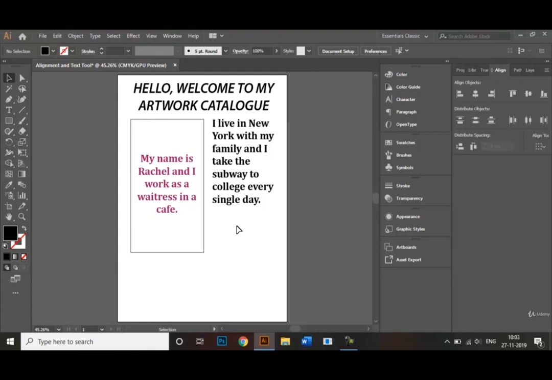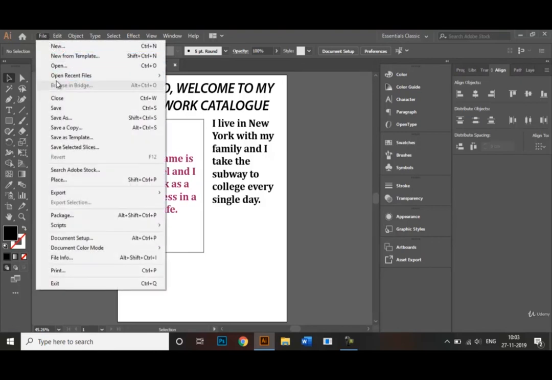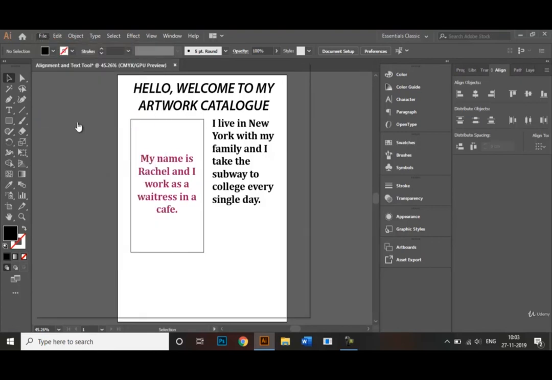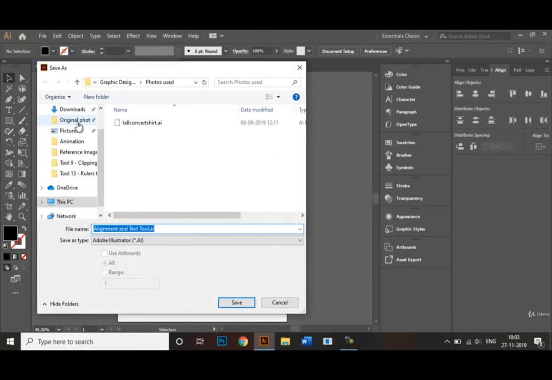Now once my document is ready, let's also save it by going to the File option and clicking on Save As. So by default, my document will be saved as an Adobe Illustrator file. I highly recommend that you first save a file in this format, so that in case we have to make any further changes to our original document, we can easily access it without actually having to make a new document each time, right?